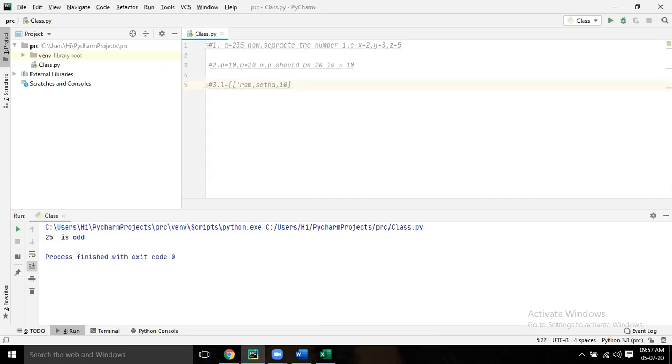One more bracket, close. I want to print T. In Sita, T, I want to print. Print T, E. I will do it.